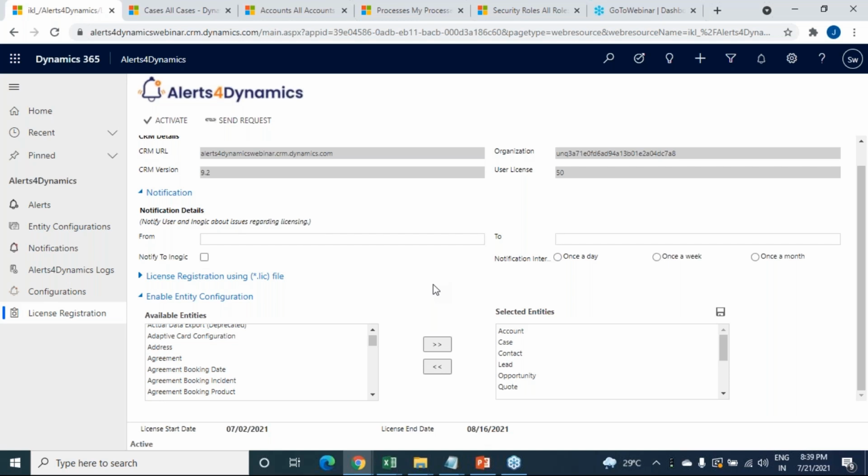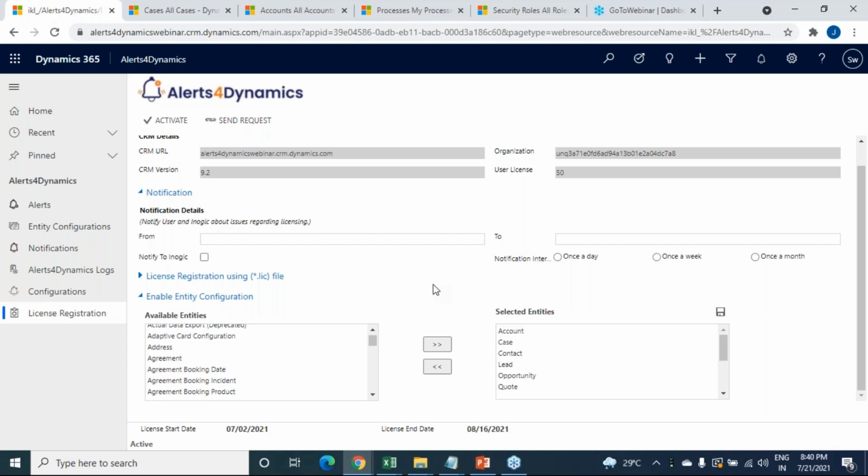Consider an organization which is a service-based company, and many cases are generated on a daily basis in the system. There is a case incident manager who assigns the cases to the users, and now this case incident manager wants to notify the user immediately whenever any new case has been assigned to the user. This is the use case that the incident manager wants.